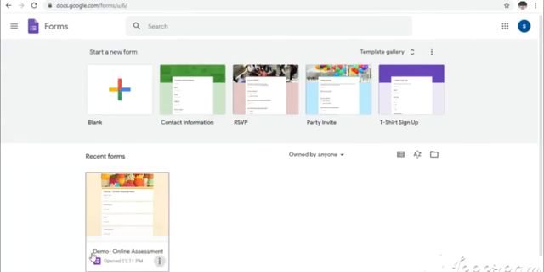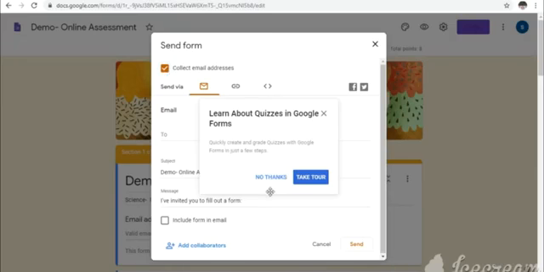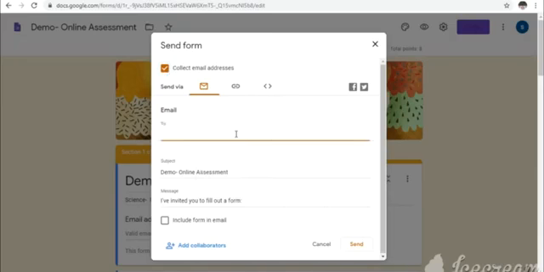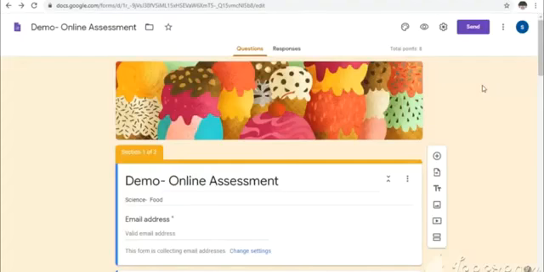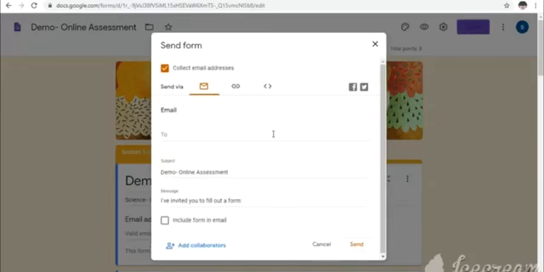What I can do is select this form and send it to them. As we know our students' email addresses, we can type them here and send the form through the send button. Include form in email, just click it and you can send it to your students.